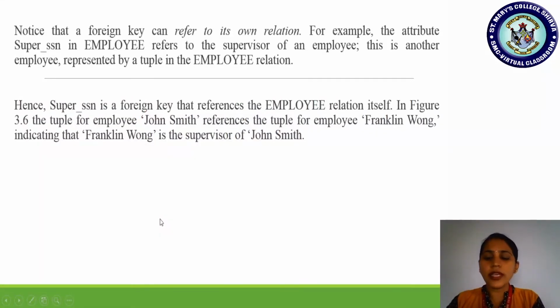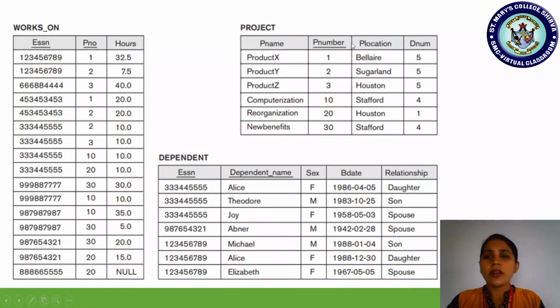Okay, if you just check here in this also, where else? Yes, in the project also department number 5 is there, right? So I should remove the references. Department number 5 is controlling which projects? X, Y, Z, right? So these three project tuples also have to be removed. Only then I can delete which department?